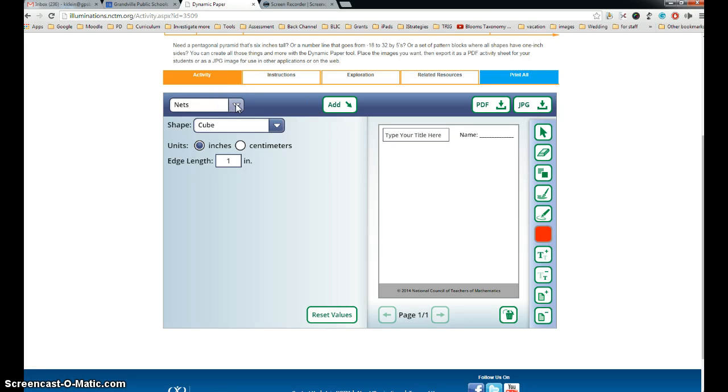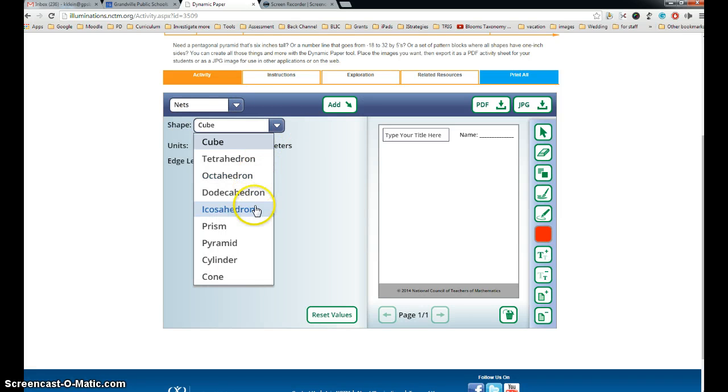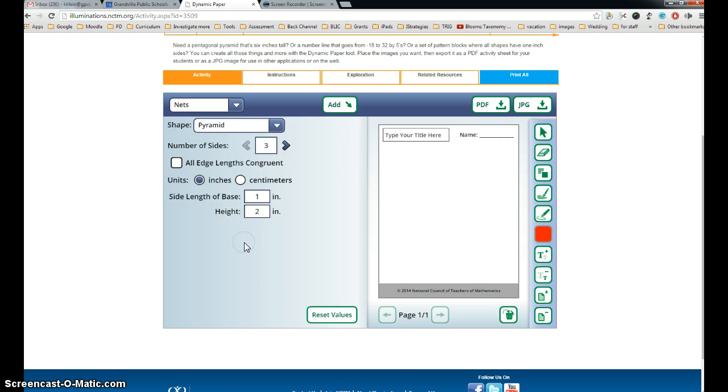For example, let's say I need a deconstructed shape. I can select here on Nets and then select the shape that I want the deconstructed blueprint for. Maybe I want a pyramid. I've got the number of sides that I need, and if I want all edges to be congruent or not. I can select my unit of measurement, and then once I have all my parameters how I want them, I tap Add. I can tap on the tool and make it larger,